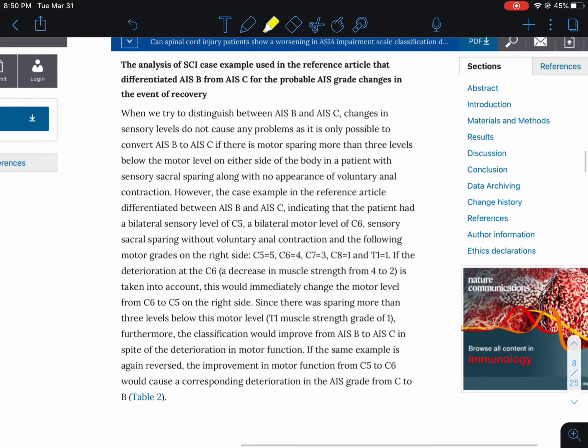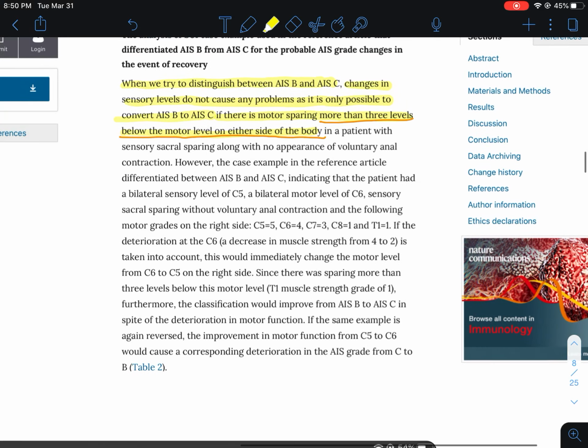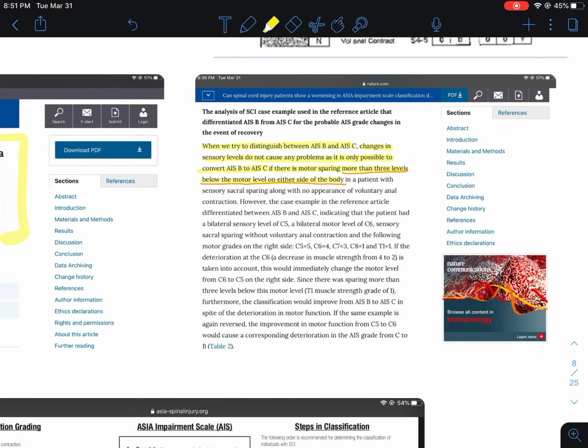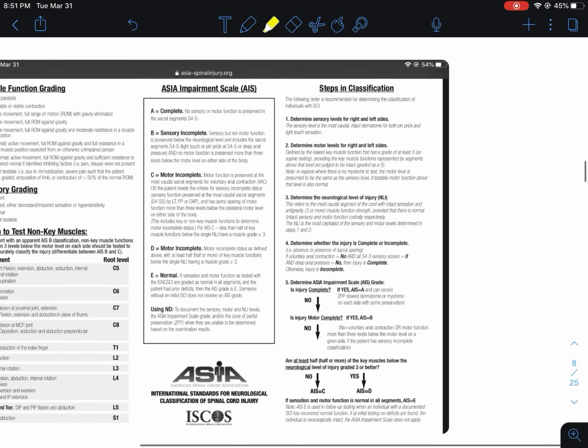What I found was that when we try to distinguish between ASIA B and ASIA C, it said that changes in the sensory levels do not cause problems, as it is only possible to convert ASIA B to ASIA C if there's motor sparing more than 3 levels below the motor level on either side of the body. So what I want you guys to take away from that is what I underlined, and also with the emphasis that it was also said in the ASIA impairment scale itself, but I think our professor just forgot to include that